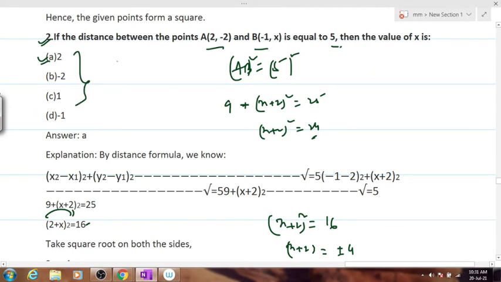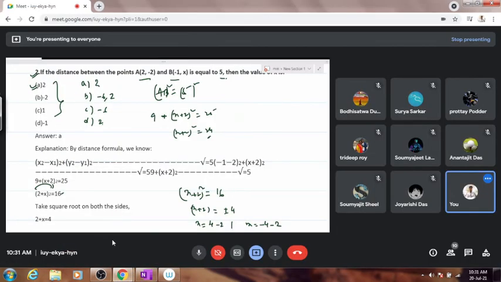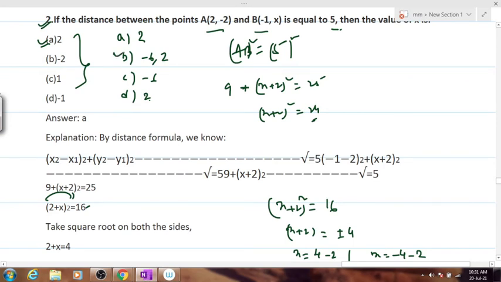Now if I would have twisted the answer options like, say, A is 2, B is minus 6 and 2, C is minus 6 and D is 2. Which option will you go by? You would straight away go by option B. If you go by option C, or in case you go by option D, you will be wrong, because this is the particular value for your question number 2.